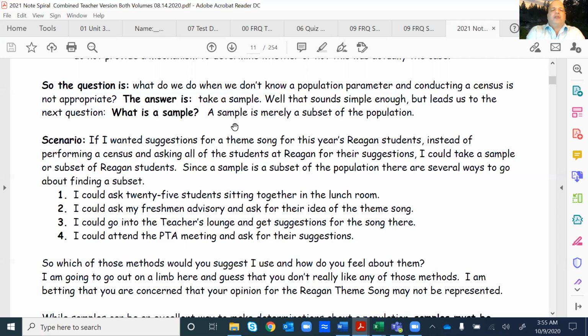And not that students are sitting together in a lunchroom right now, but you remember when they were last year, and I could go ask 25 students that are sitting together in a lunchroom what they thought. And the problem is, if they're sitting together, they're probably friends or friendly. And so that means they're going to have similar tastes and likes. They're not going to be all the same, but they're going to be similar. As such, if I just sample those 25, which would have been really convenient, it's not representative of the entire school. It's only representative of that friend group. So probably not a good